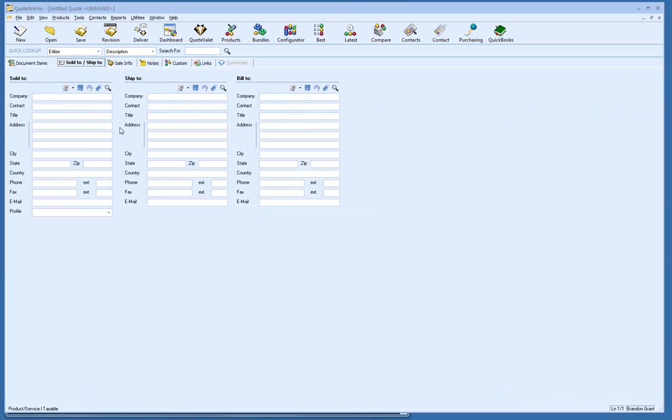The Sold To, Shipped To tab is going to be your customer contact information. This is going to be pulled either directly from a CRM or PSA that we integrate with, or if you're using Outlook or the QuoteWerks contact database, we can pull that information from there. You can also manually type in here, but obviously using one of those other options is a little better because then you don't have to type in the customer's contact information each time you are adding that particular